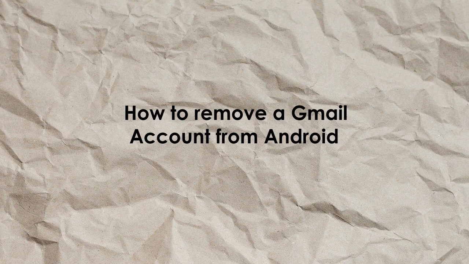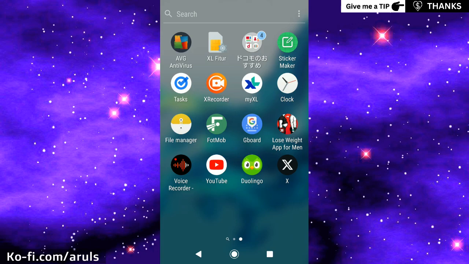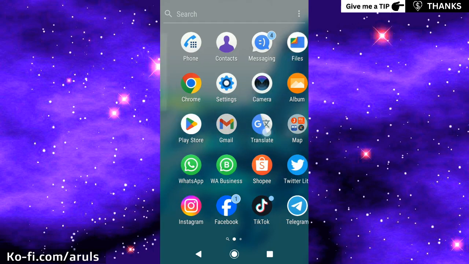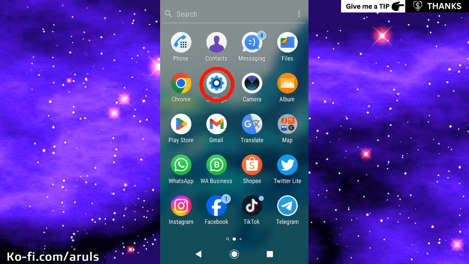How to remove a Gmail account from Android. If you want to remove a Gmail account from your Android phone, here's the tutorial. First, open Settings on your phone